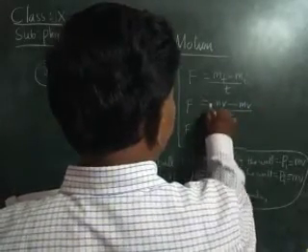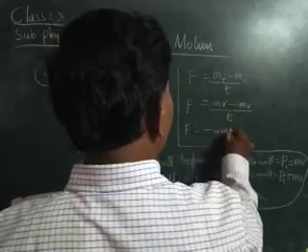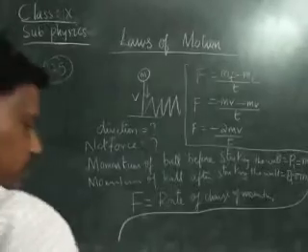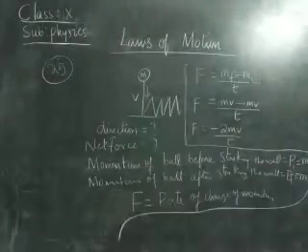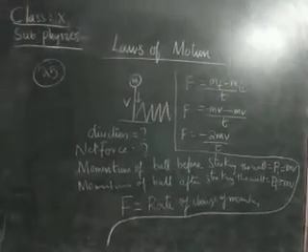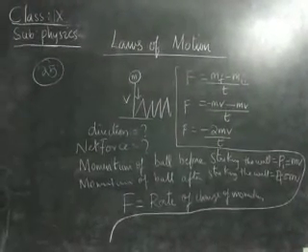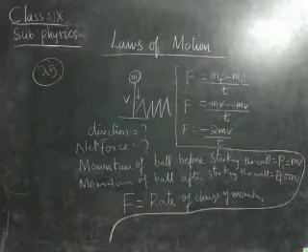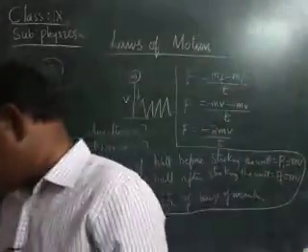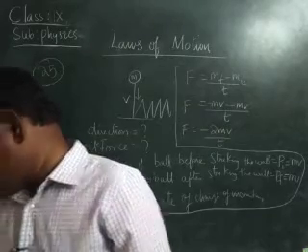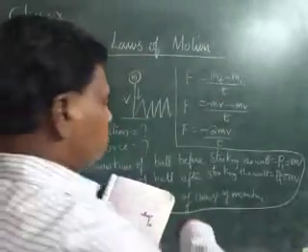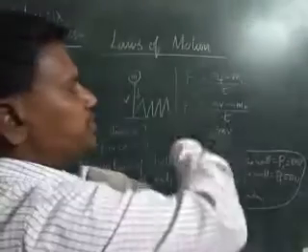That is F is equal to minus mv minus mv by t. What is the result, children? It is minus 2 mv by t. Okay, children. Minus indicates that the force is acting away from the wall, in the opposite direction to the wall.